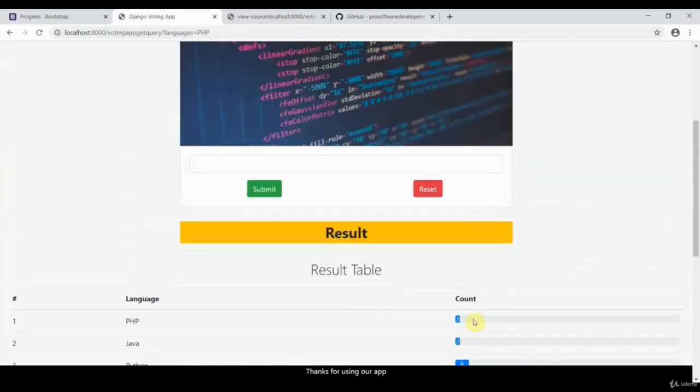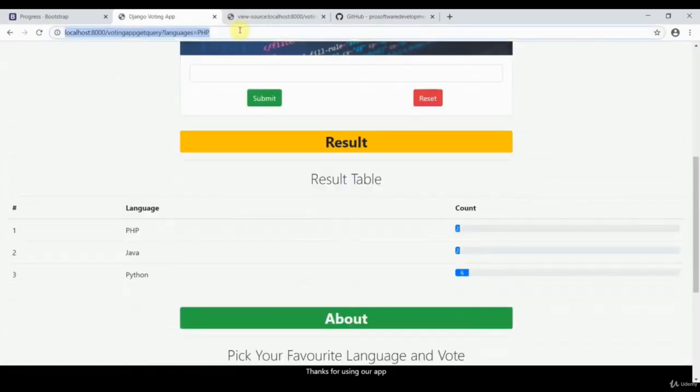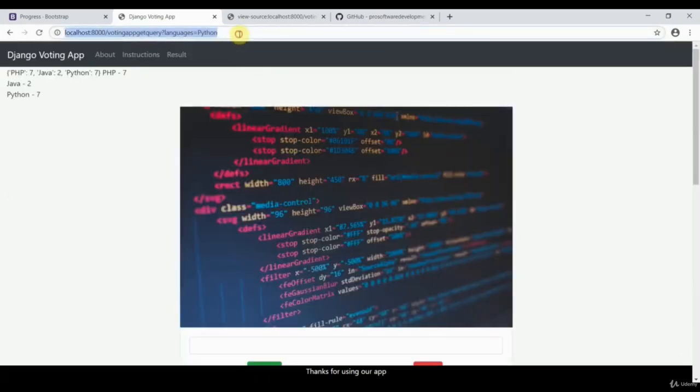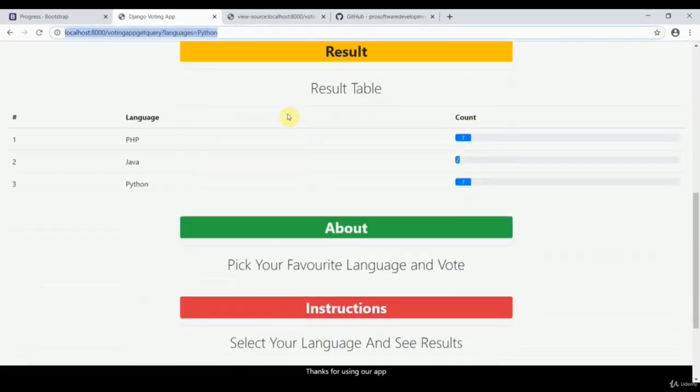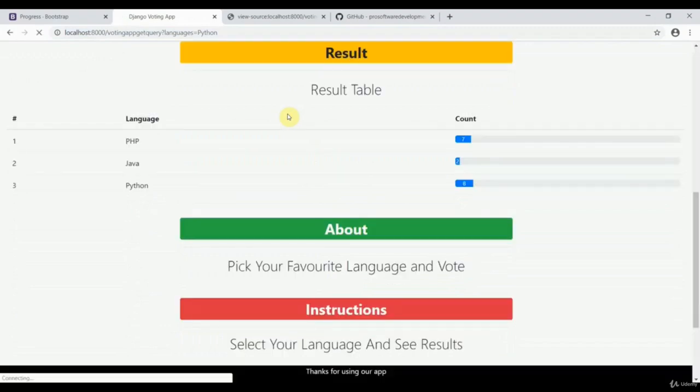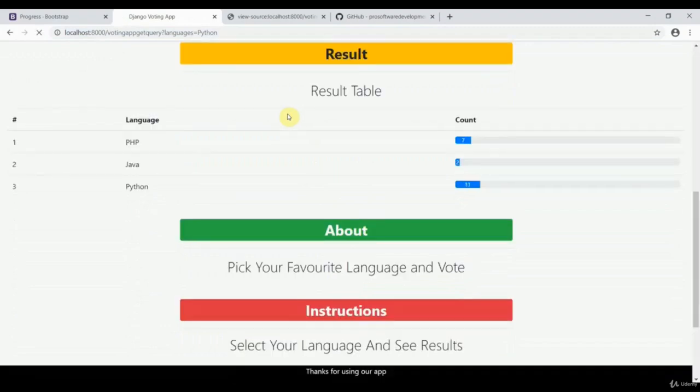Okay, so now you can see 2. Okay, and now I'll repeatedly hit this URL. So here you can see this has become 3. Okay, now 5, 6, then again, then 7. Yeah, in the same way, the same goes for Python. I'll make a submission. Yeah, here you can see the Python has 7 now. Okay, so now 8, 9, 10, up to 17. Okay, so this looks pretty good.